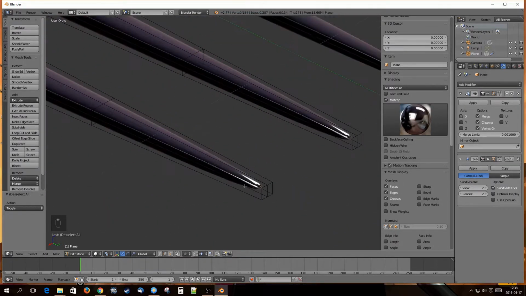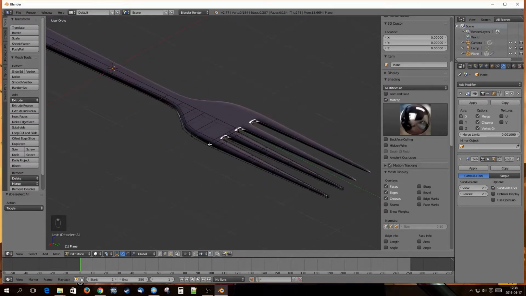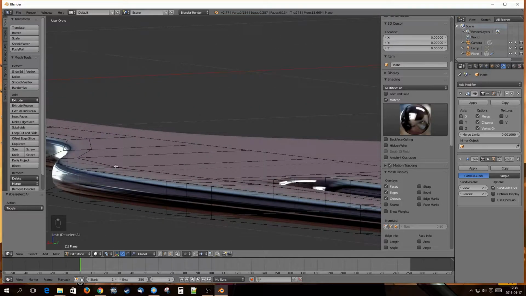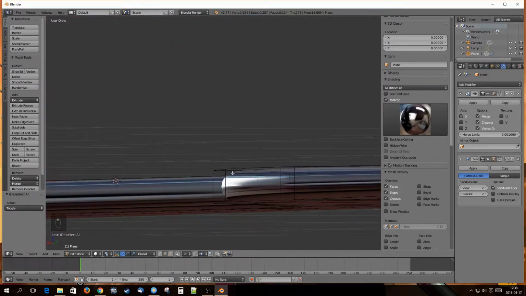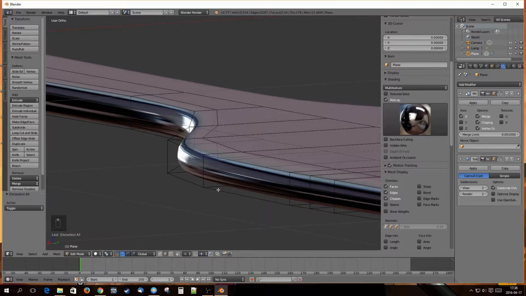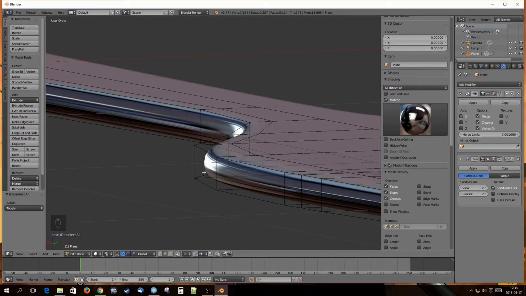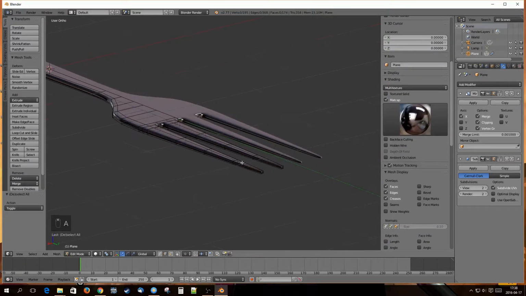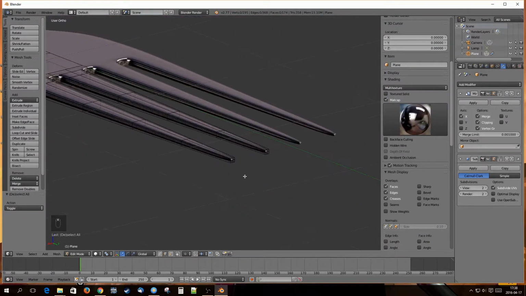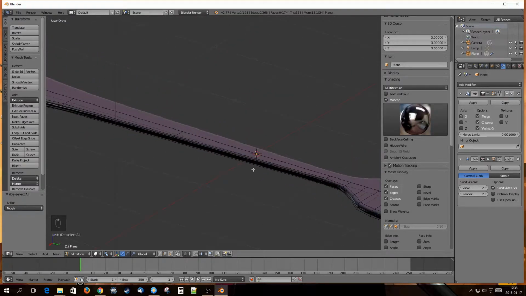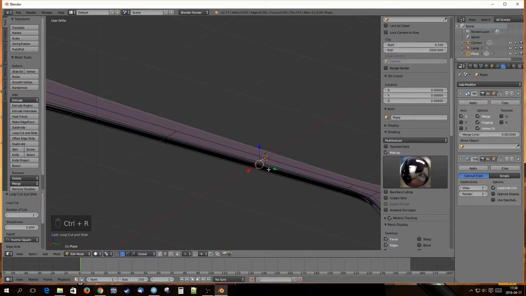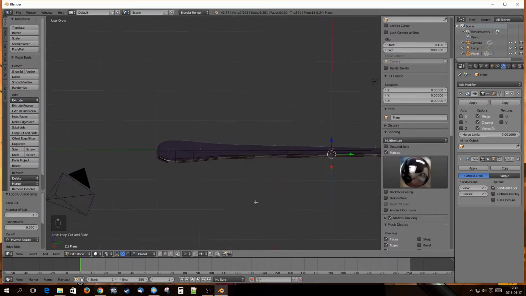Now it looks okay, but I don't want this side of the fork to be so round, so I will add a loop cut. I press Ctrl R and left click and right click, and there you go. And I'll add a loop cut here, Ctrl R, right click. Okay, now